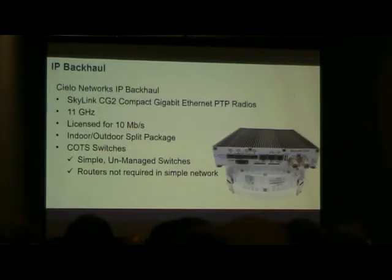Their IP backhaul, they're using Cielo networks, which I have no personal experience with, maybe some of you do. It's a Skylink CG2, compact gigabit Ethernet point-to-point packet radios at 11 gigs. They're licensed for 10 megabits per second, which is way more than enough to transport what we need for our analog voice channels, which are somewhere around 50 kilobits per second. It's very low